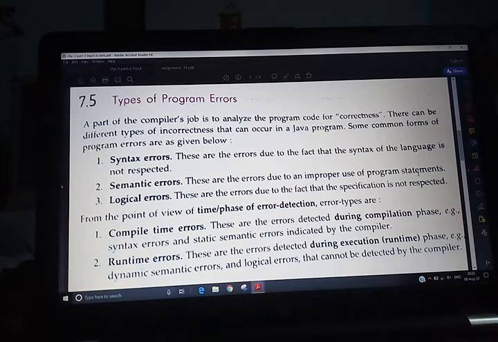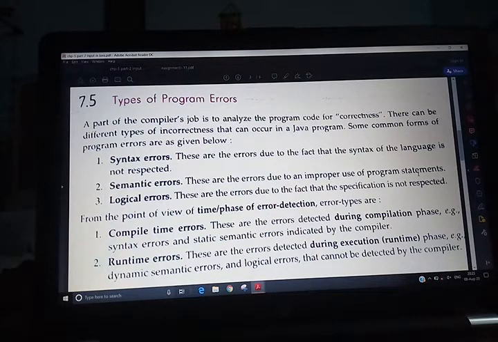When we are writing a program or compiling the program, we will see there will be errors. The types of program errors are: number one, syntax error, logical error, compile time error, and runtime error. So there can be different types of incorrect behavior that can occur in Java programs. These are some common errors.